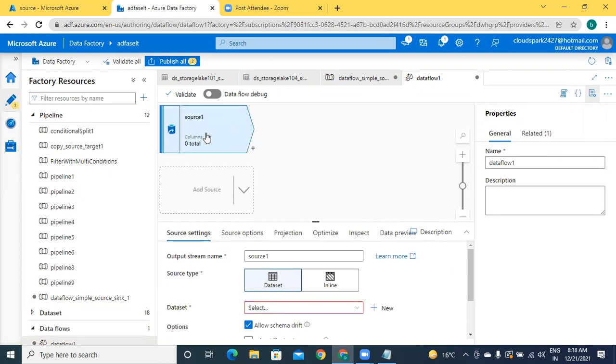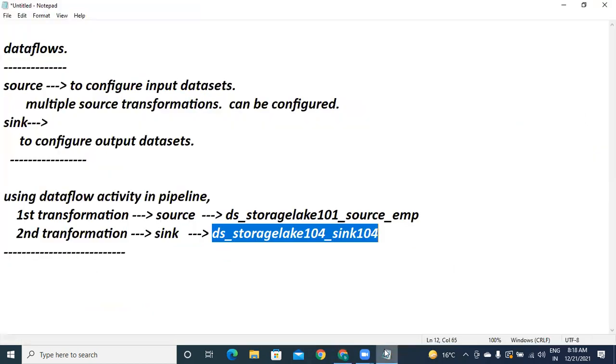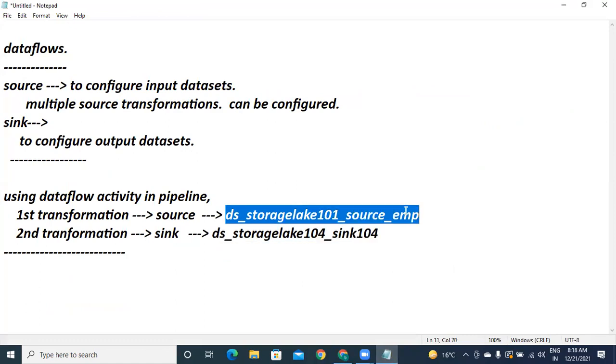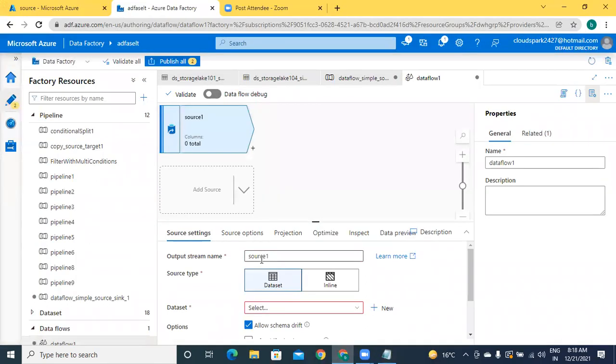Got it? What should be the source you have to configure over here? Look at the task. What is your input? This file is the input. I'm taking this. Observe here the output stream name. So here the source is called source, and sinks will be there.